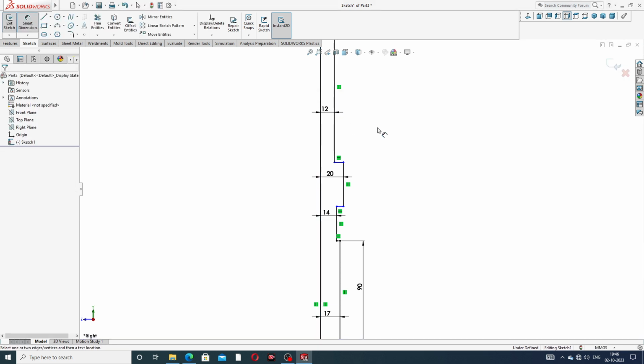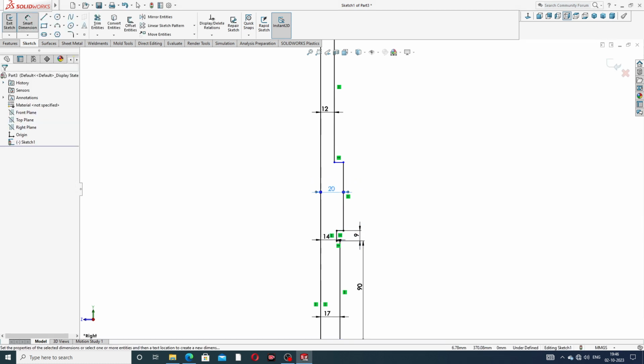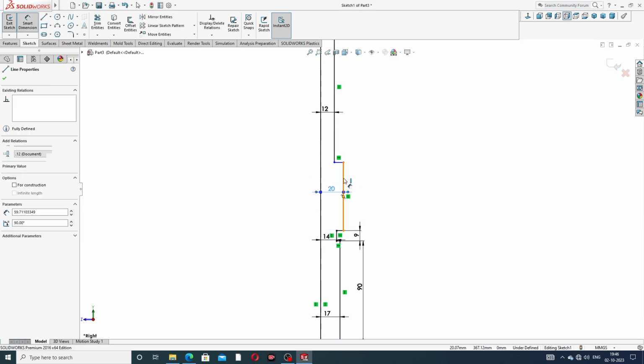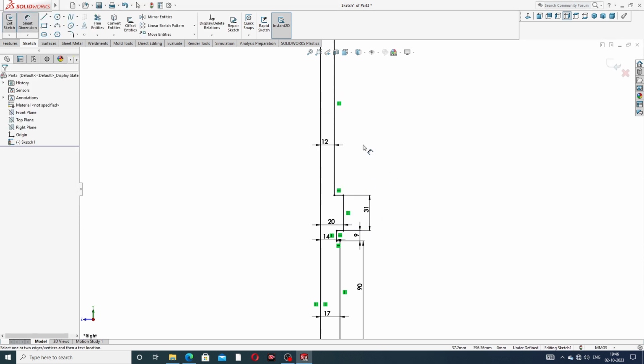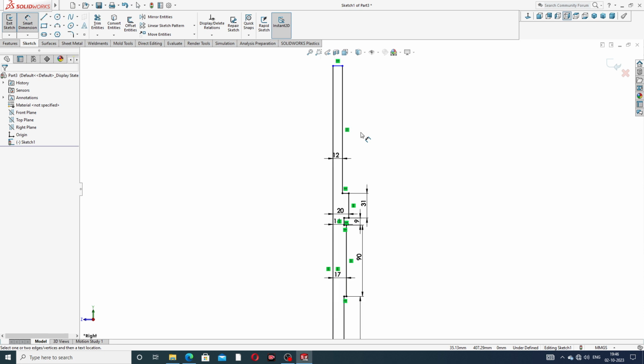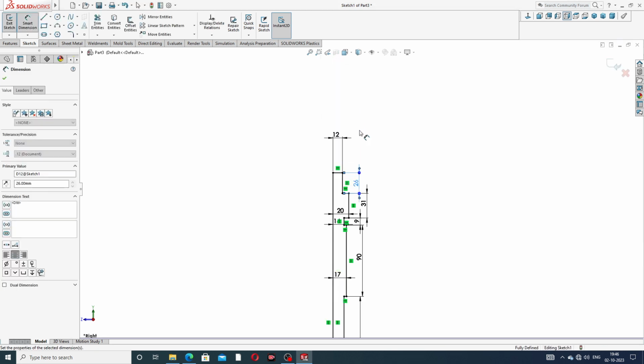Okay, and this use a 20, and this use a 9 millimeter. Okay, and this use a 20, and then this use a 31 millimeter is perfect, and also this use a 12 millimeter, and this is a 26 millimeter is perfect.